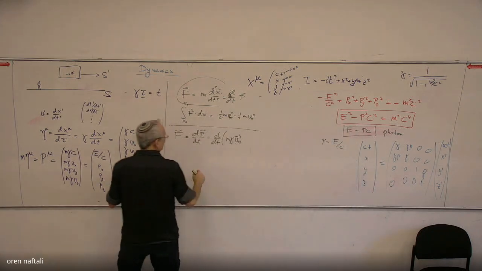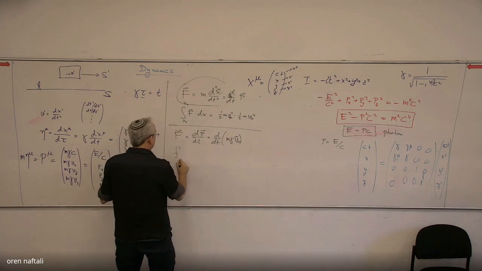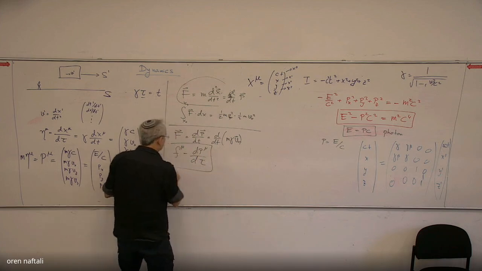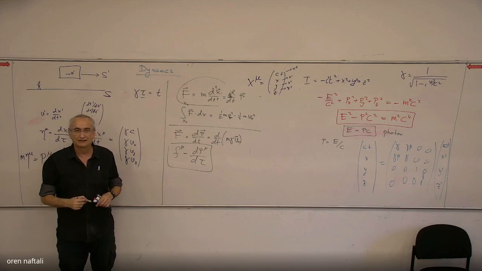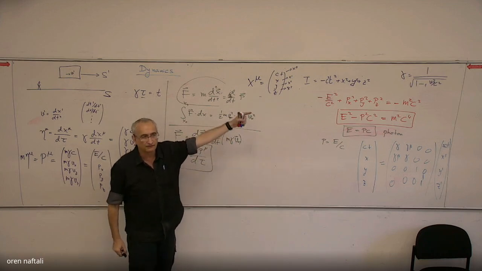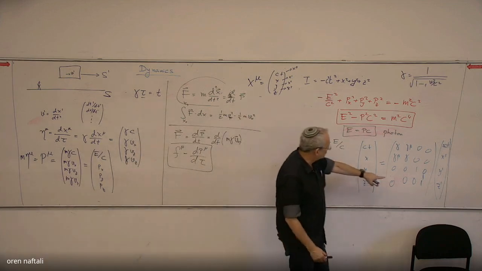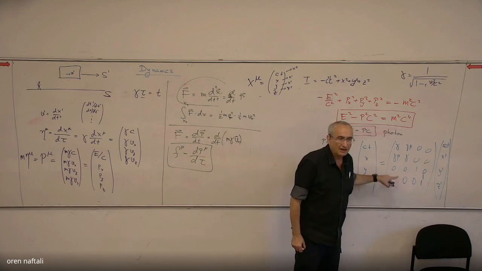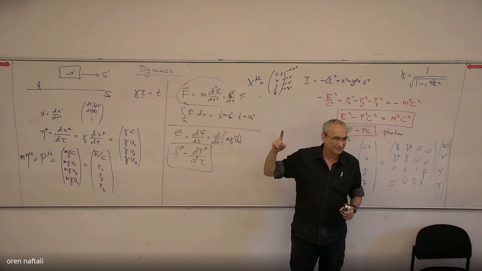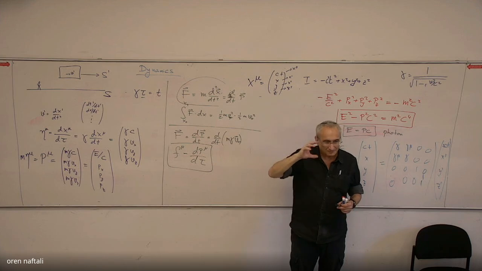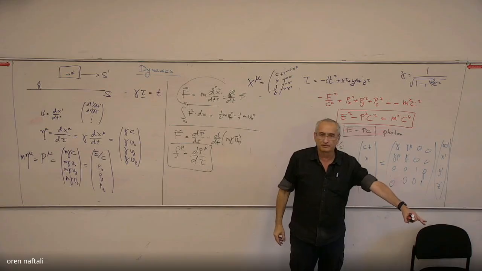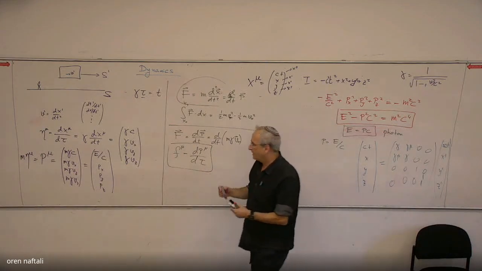Now there is another option, which is to use the Minkowski force, F mu, that will be dp mu d tau. This is the four vector. It goes from one frame of reference to the other by Lorentz transformation. We can convert it from one system to the other using the Lorentz transformation. However, it is less transparent and it does not satisfy the work energy theorem. So it requires some kind of tricky things. And since I would like to follow Griffiths' book,